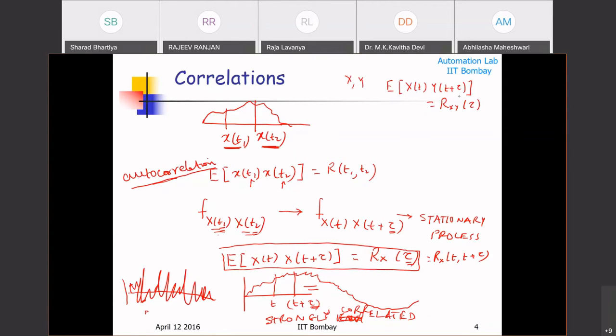Okay, so this is an example of a cross correlation. I hope you can see that. So here x is one time series and y is another time series. Okay, let me